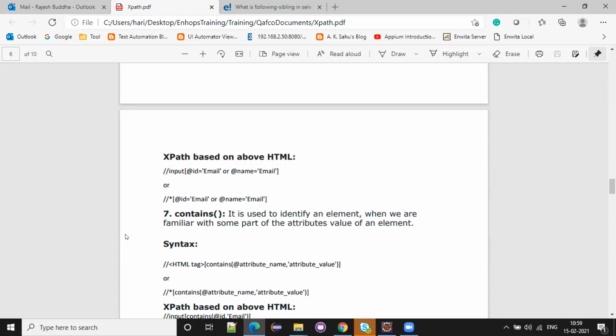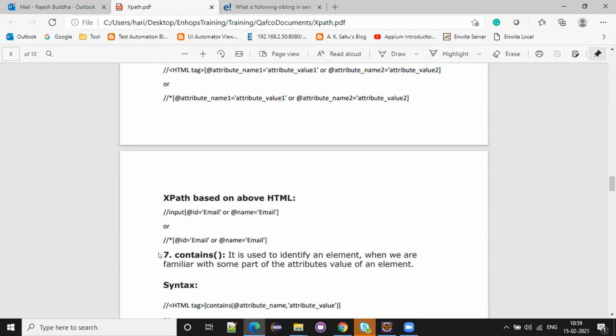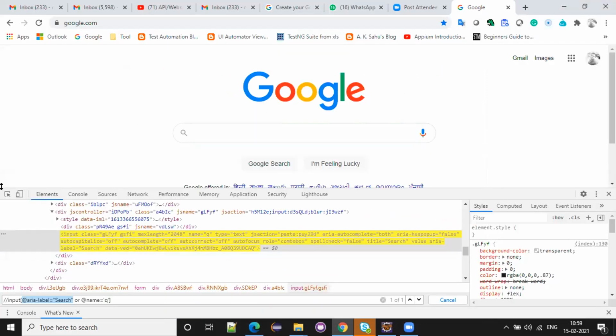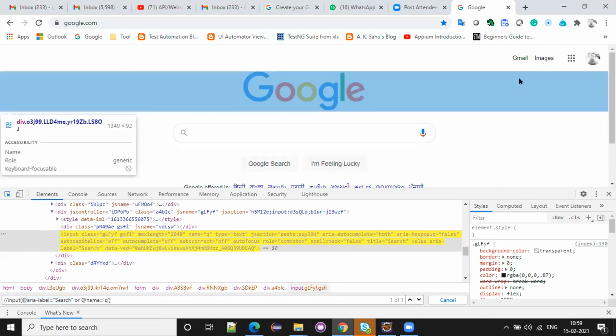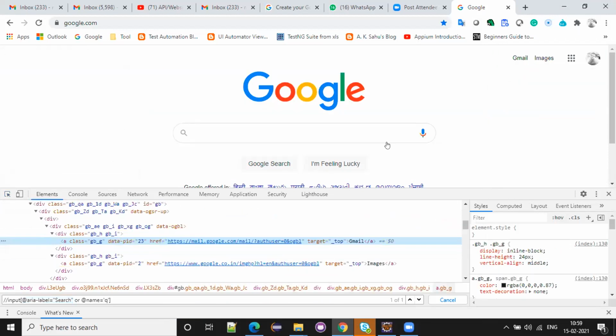Next one is contains. This is the one we will use most of the time. So I said Gmail, right? So here, what is the unique thing in this particular line?